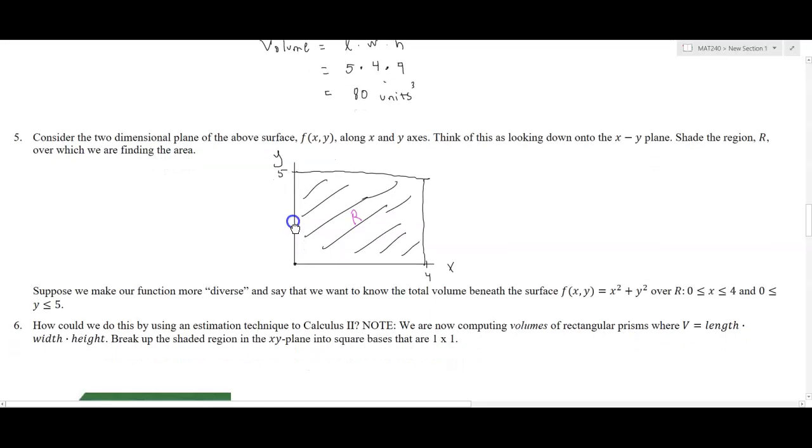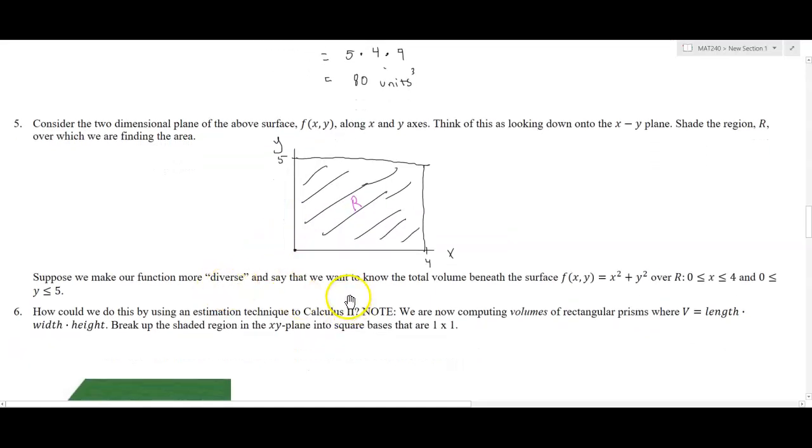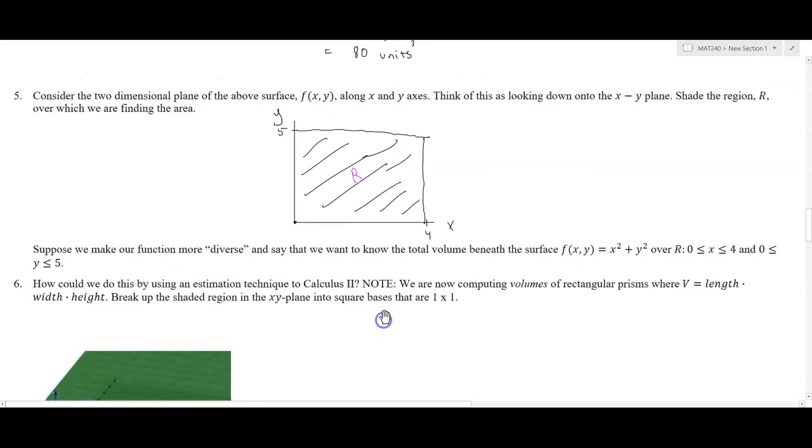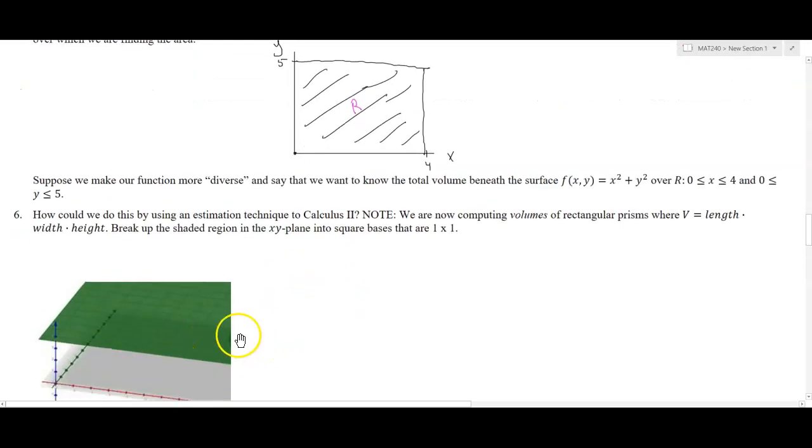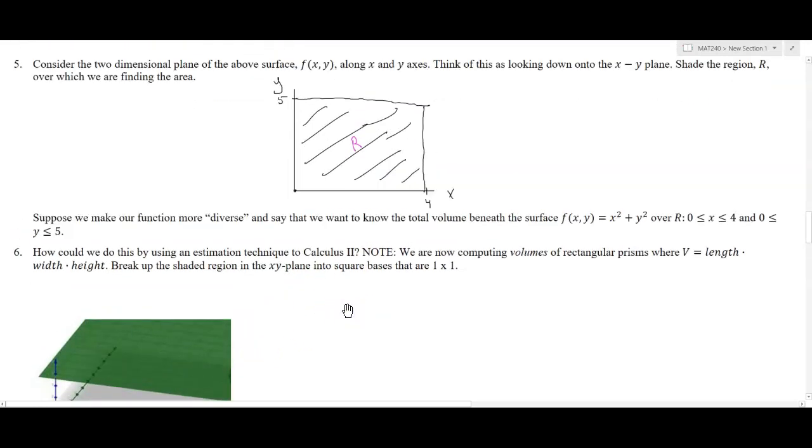Great, so suppose we make our function more diverse and say that we want to know the total volume beneath the surface f of xy equals x squared plus y squared over that same region. So now instead of having this flat surface like we do here, we could have a surface that is actually parabolic, or a paraboloid of sorts. So now imagine that this surface here,